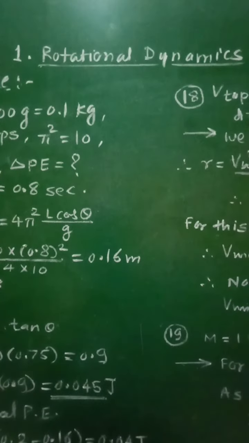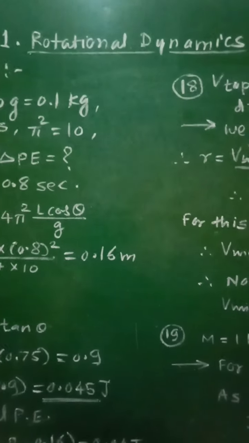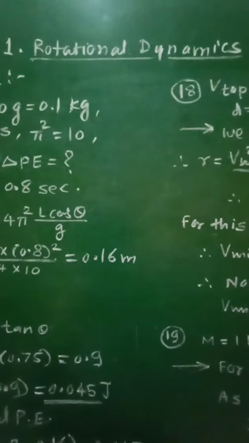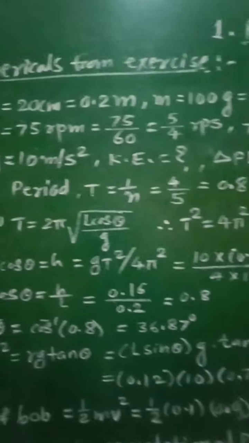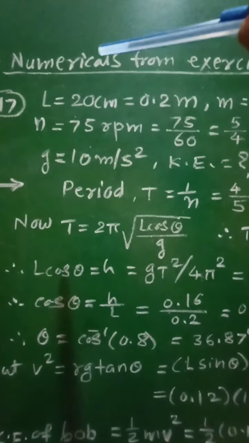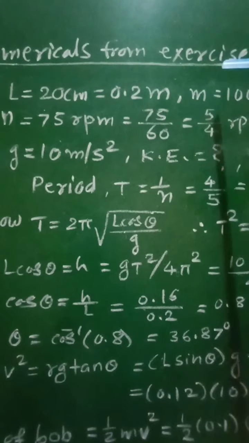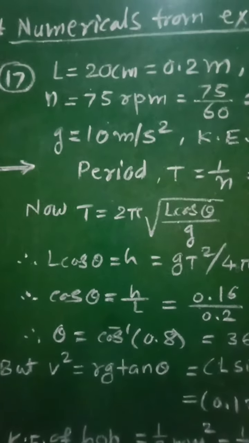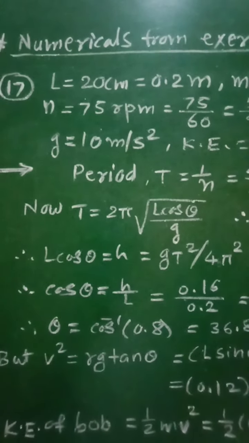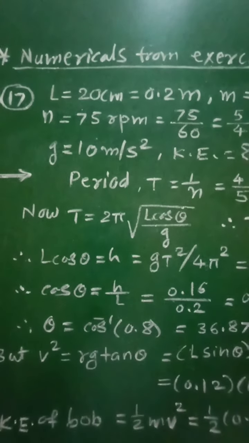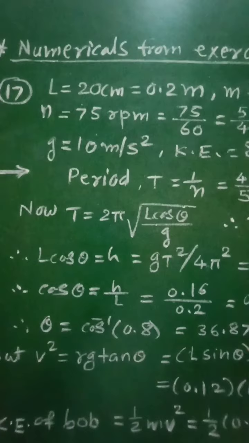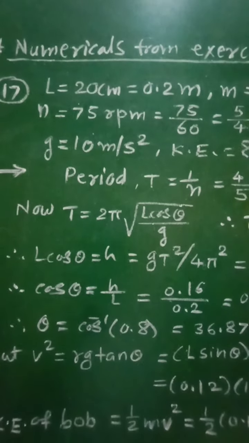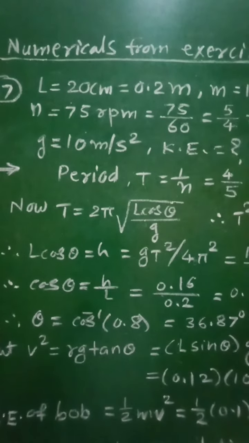Class 12th subject physics, first chapter rotational dynamics. From the chapter, let us see numericals from exercise. Numerical number 17 is given as: a pendulum consisting of a massless string of length 20 centimeter